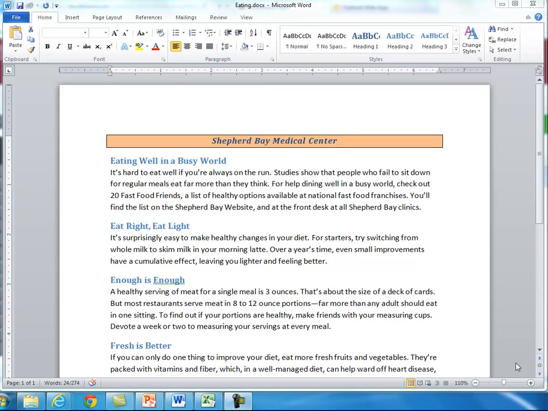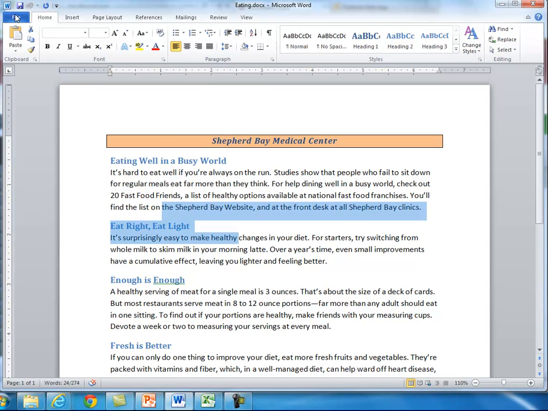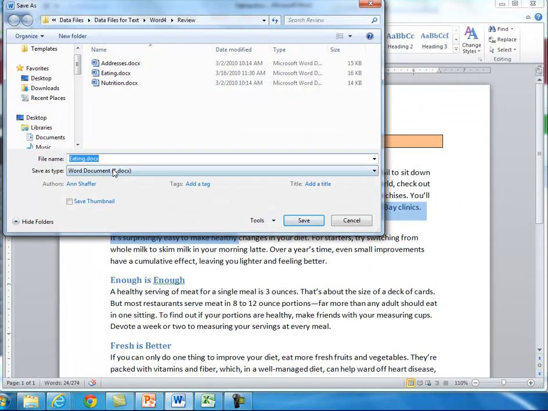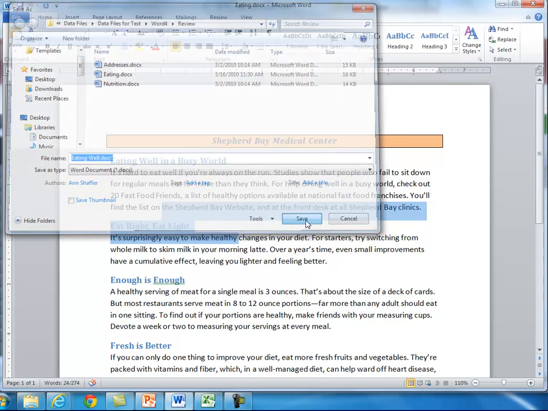It says open the eating file and save the document as Eating Well. And if it saves as a Word 97 document, go ahead and change it to 2010. Sometimes it does that, but